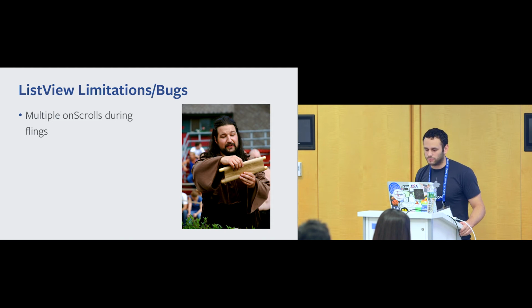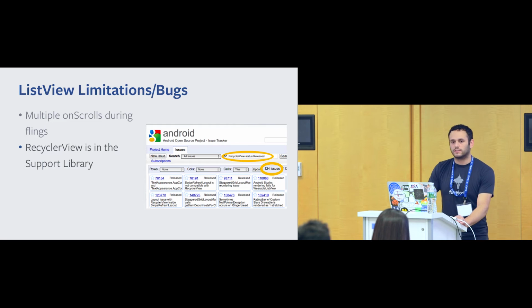Just one example, we noticed that if the user flings multiple times on the same scroll, then the on-scroll listener will be called multiple times on the same frame, once for every fling, and this actually has a pretty detrimental effect on scroll performance. On the other hand, the RecyclerView library is in the support library, so that means it's